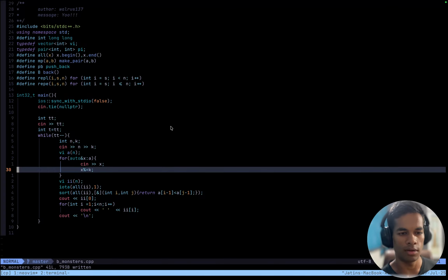If x is 0, then yeah, this is fine. I can just do this. It will come out to be 0 if x is totally divisible by k. I am starting the index counting with 1 and going till the end. For i, there are n monsters that I have to kill, and reference i minus 1, j minus 1, because i is 1-indexed.